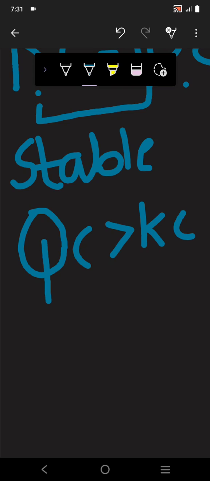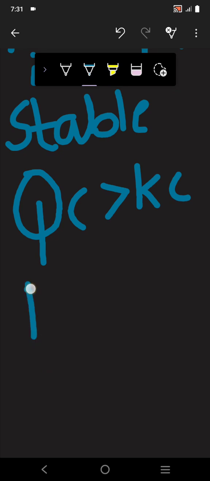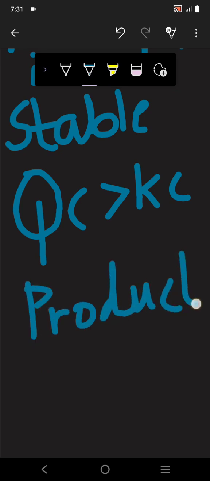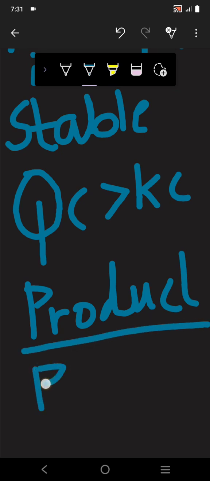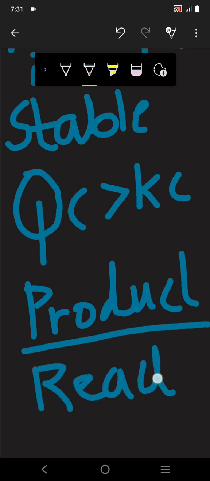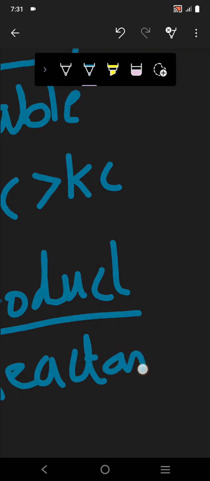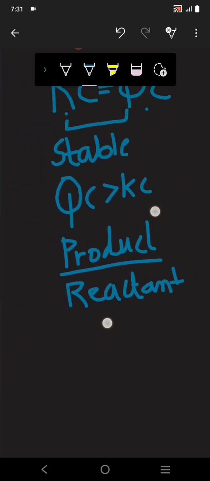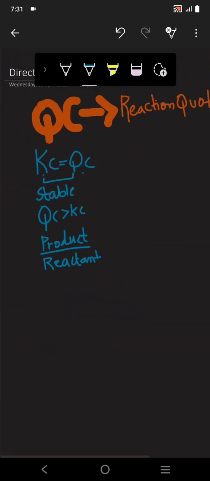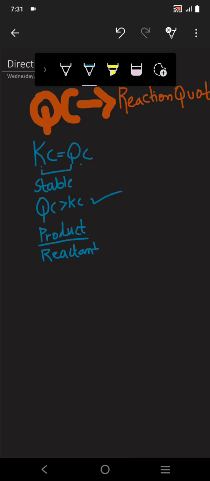We write product upon reactant, we know that. So in this situation the product will be decreasing and the formation of the reactant will be high. How? Like I'm writing here,